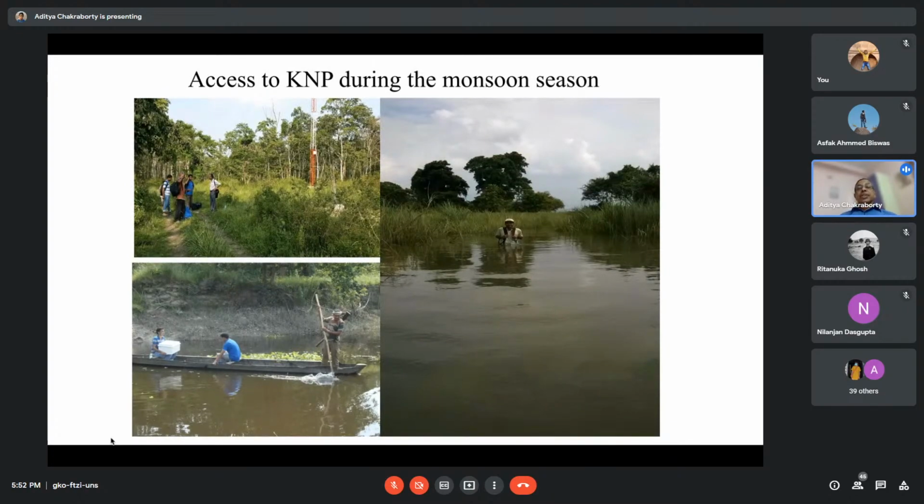Because of this reason, almost every monsoon, we lose some data. But the good point is that whatever data we get is very, very valuable, as you understand, because in this forest there is hardly any human habitation. It is a protected forest, and no human activities are allowed. This area is about 864 square kilometers, so it is mostly pristine in that sense.